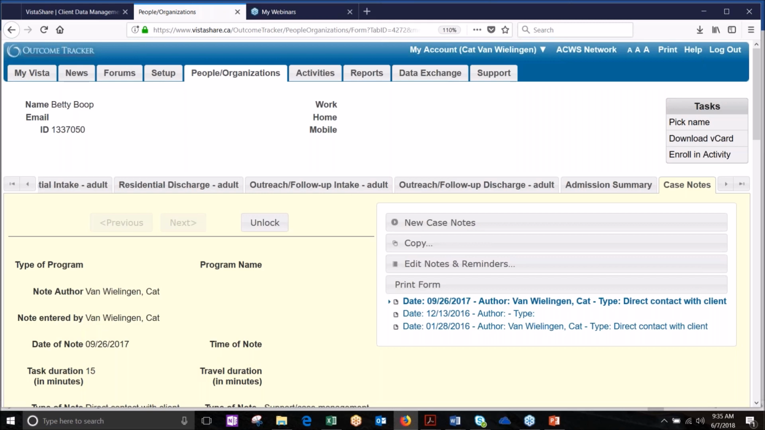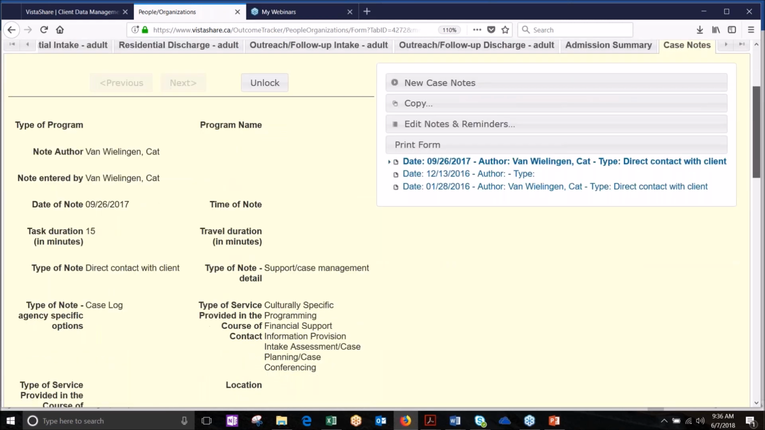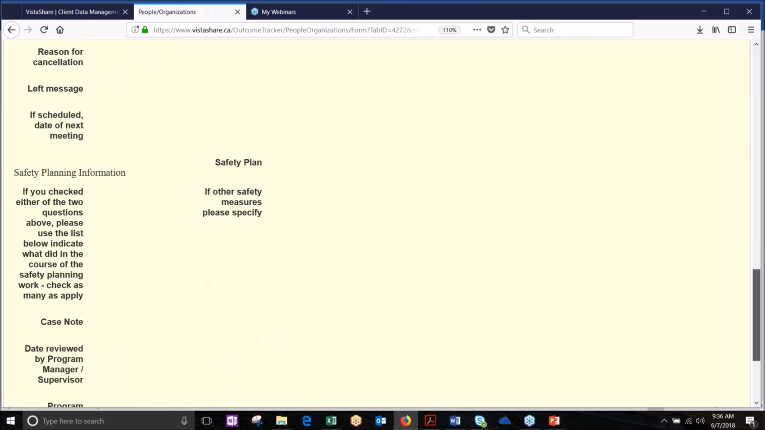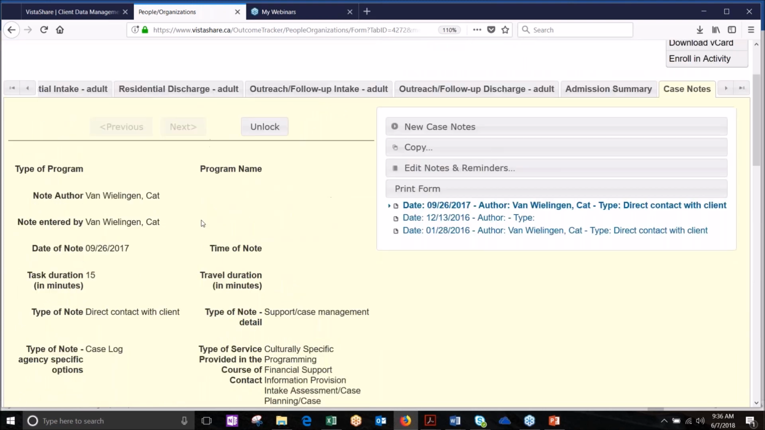So they've gone to people organizations, they've searched for that individual, they've successfully opened their record, and then they're going to the tab that they need to manage the information they need to manage for that individual. So within the data entry form itself, there is the data entry format, so the form itself, and then along the right here,